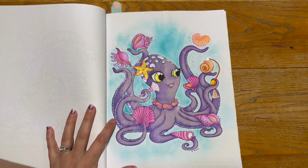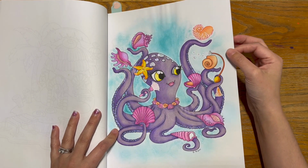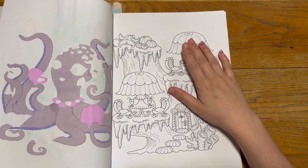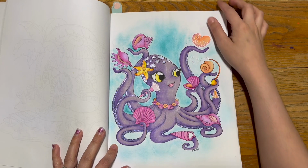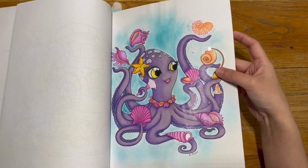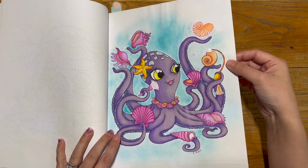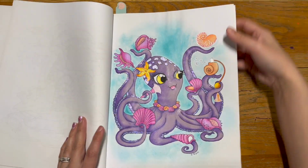And then I did this one as a buddy color with my daughter. So again, this was based with markers, pencils on top, and stickles. She has stickles on all of her little suction cup thingies and the spots on her head. And I really like this page. I think it's super cute. And then last,